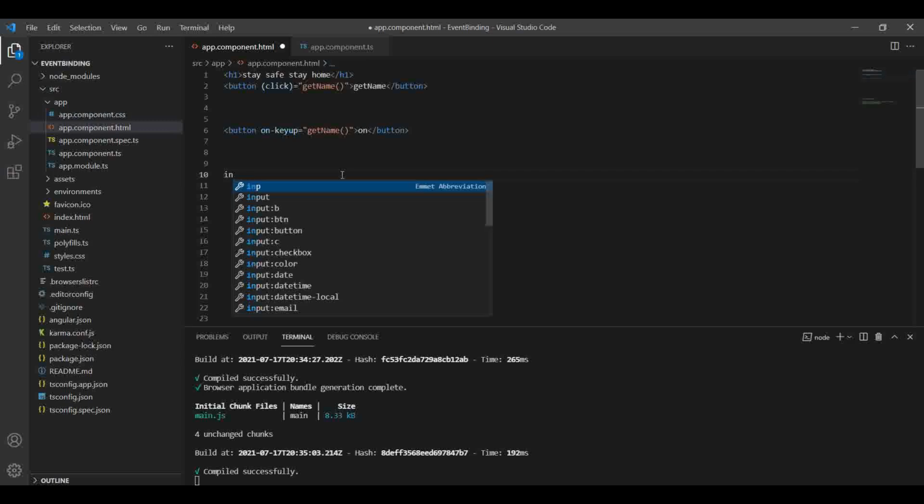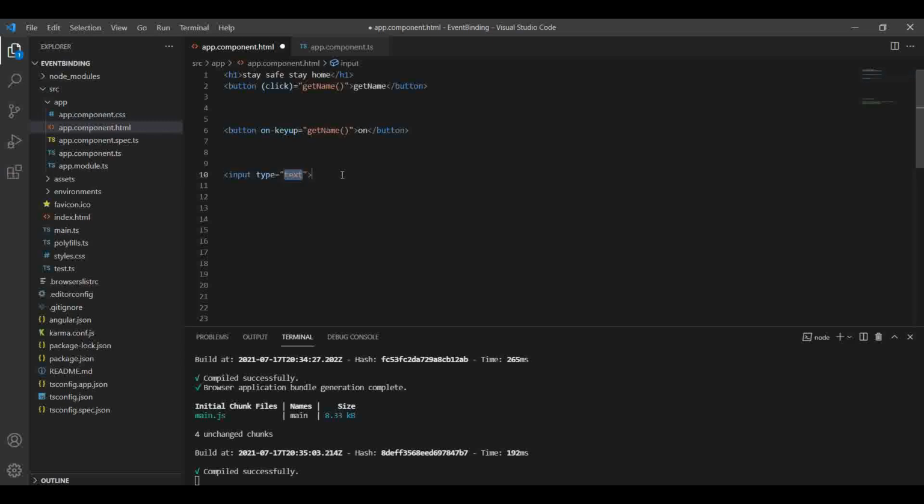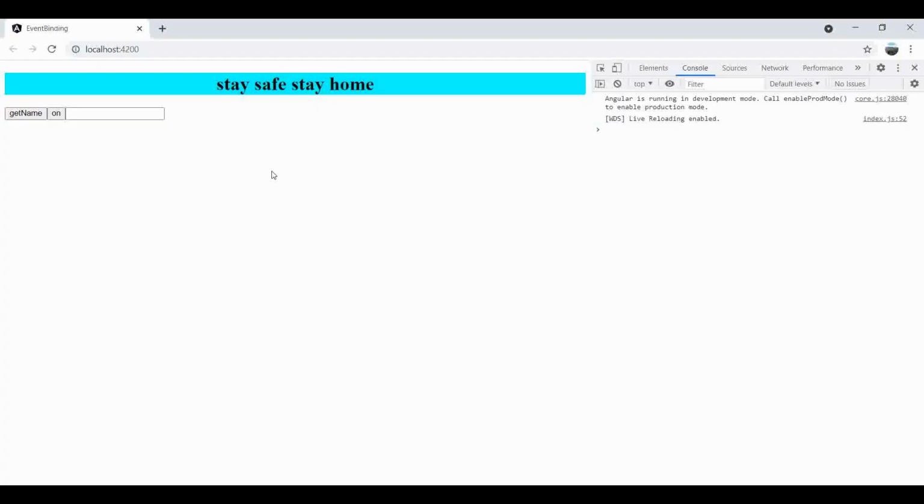Like I will create an input field and simply type here using parentheses. I will use the keyup event and call a method that is getName and save it. Let's see on my browser.